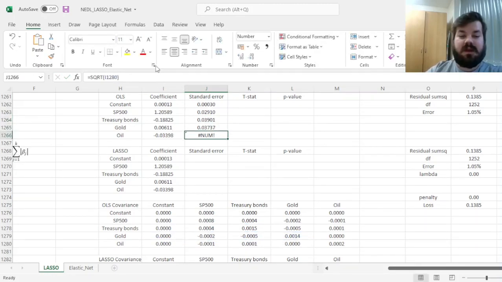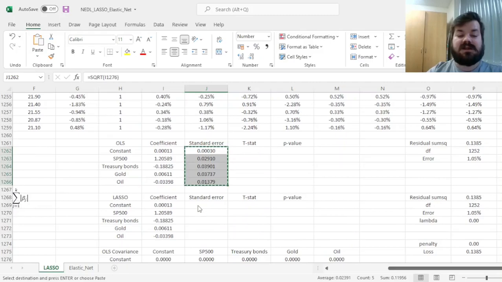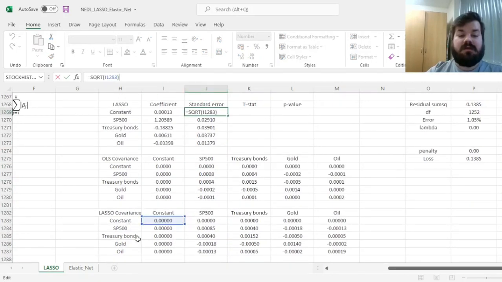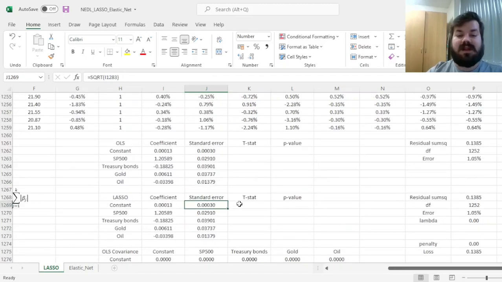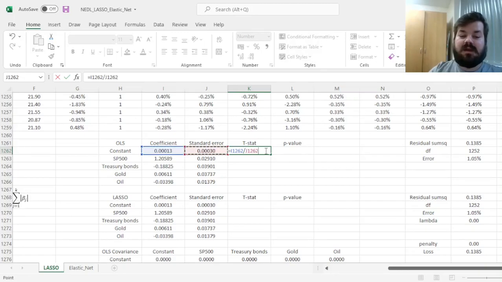So we carefully drag this around to calculate square roots of the diagonal elements of the covariance matrix. And now, given the arrangement of the matrices we have got here, we can simply copy and paste the results across, referring to the correct elements of the lasso covariance matrix. And now, the only thing remaining are the t-stats, coefficients divided by respective standard errors